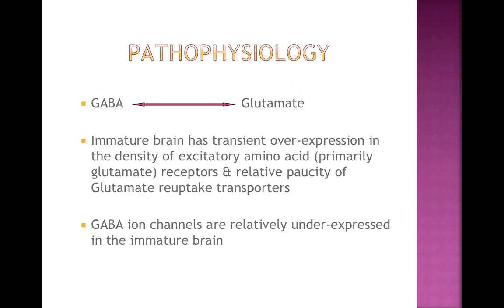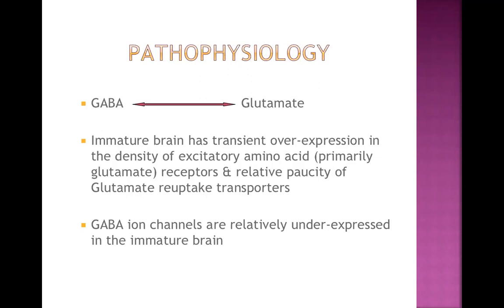Inside our brain, there must be a balance between inhibitory neurotransmitter and excitatory neurotransmitter. If there is an imbalance between them, in other words, if excitatory neurotransmitter has the upper hand over inhibitory neurotransmitter, there is a very high chance of seizure activity. The same thing is explained there. The immature brain, or the brain in neonatal life, has transient overexpression in the density of excitatory neurotransmitter, like glutamate, and there is a relative paucity of glutamate reuptake transporter. If we combine both of these points together, it is very clear that there is an excessive amount of glutamate,